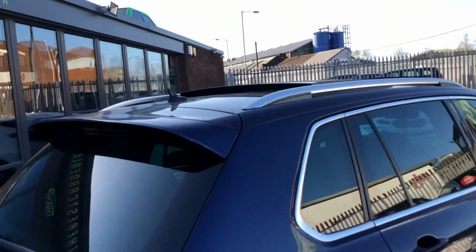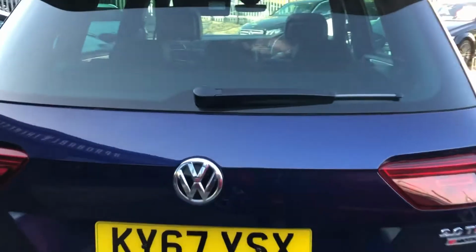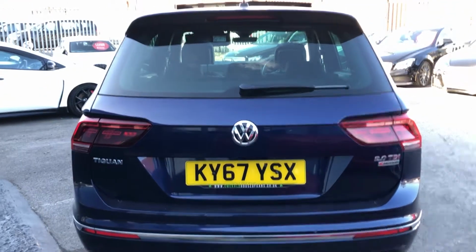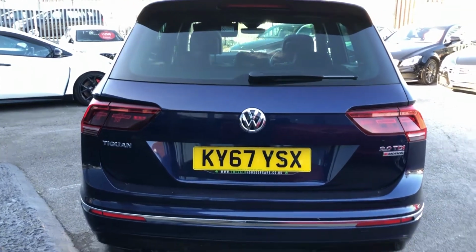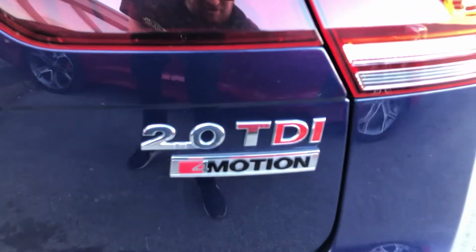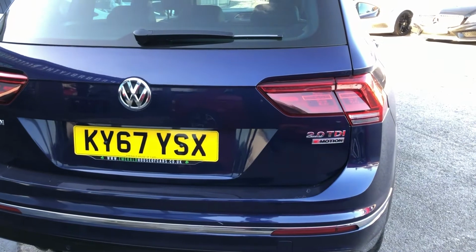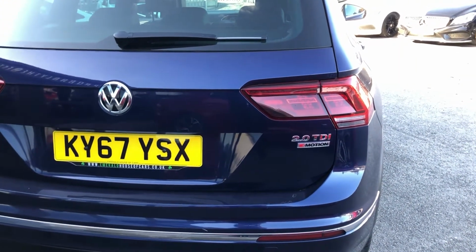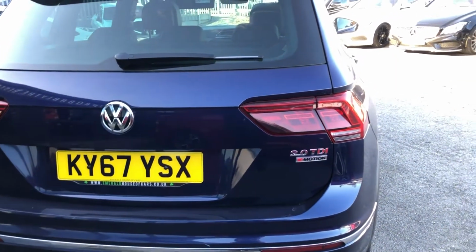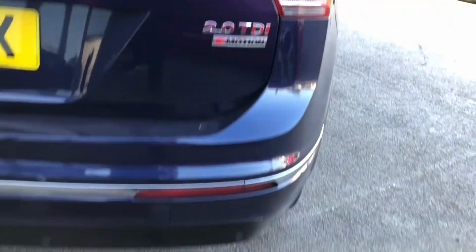Now moving around you can see you've got shark fin antenna, lip spoiler, rear wiper, and of course all again the nice sharp angles that make this Tiguan by far the best looking. Now what you can also see is that you've got your 4MOTION badging just down here under the TDI, meaning it is of course 4-wheel drive, meaning the fun in this car and the exploring doesn't have to be on road. You can take it off-road, camping, anything like that, any terrain, it's still going to be able to handle itself. You've also got your rear LED lighting cluster, rear parking sensors down the bottom and a dual exit exhaust